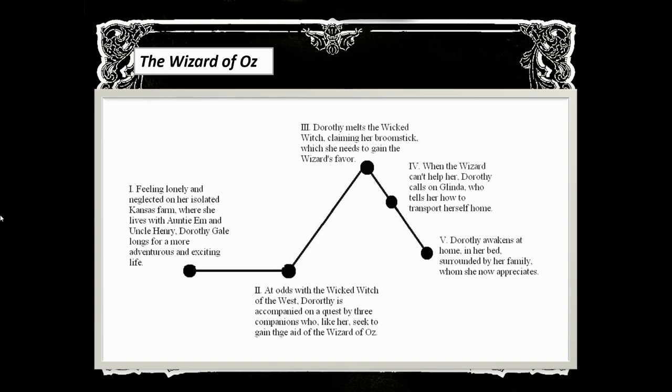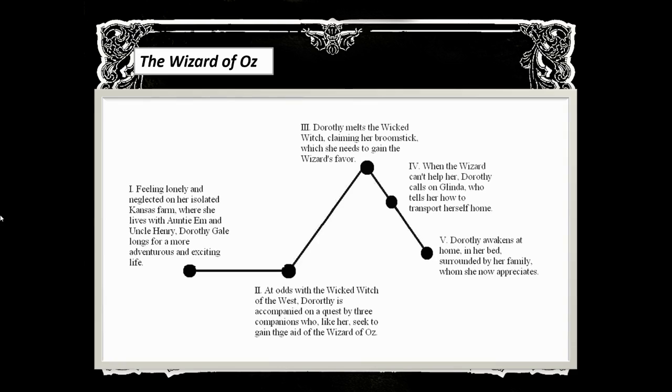So that's the background, the exposition. The rising action: she goes to Oz, she's at odds with the Wicked Witch of the West. She is accompanied on a quest by three companions who, like her, seek to gain the aid of the Wizard of Oz. The moment of climax: Dorothy melts the Wicked Witch, claiming her broomstick, which she needs to gain the